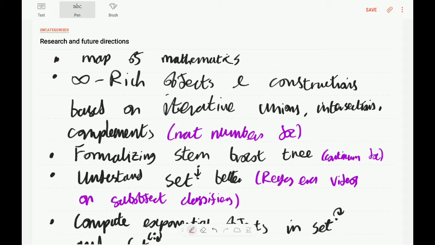So for example, the geometry of smooth shapes would be modeled by, say, the topos of smooth spaces. That would be like differential geometry or something. Topology, perhaps we could model that by the topos of, I think it's the topos of compact Hausdorff